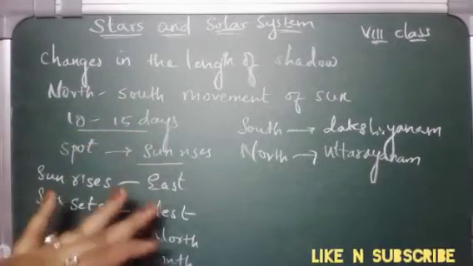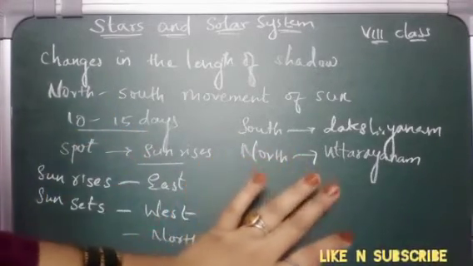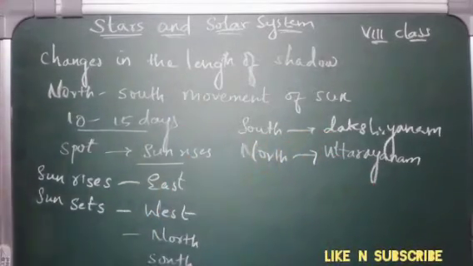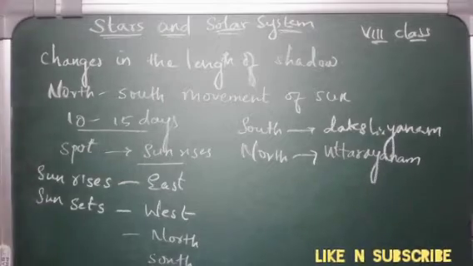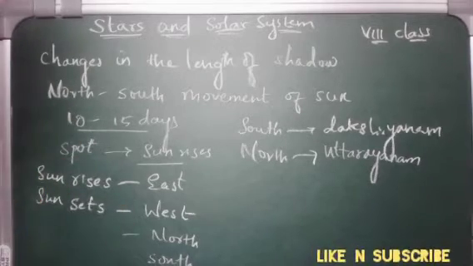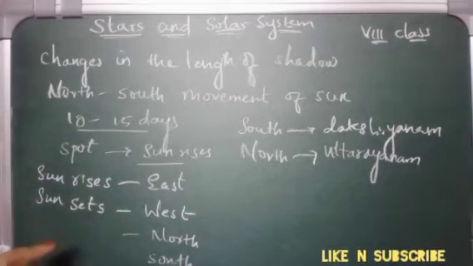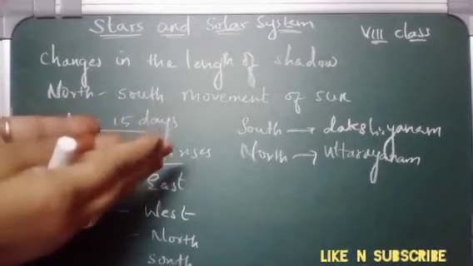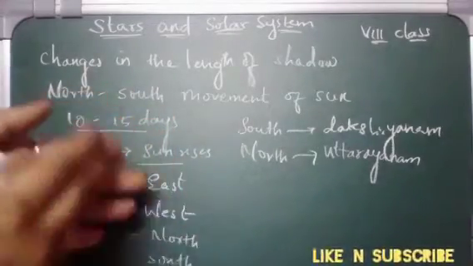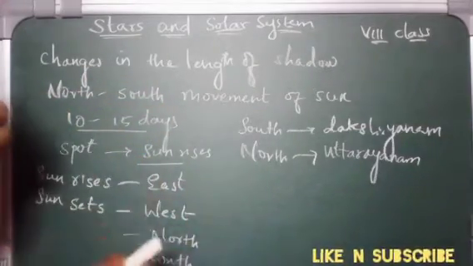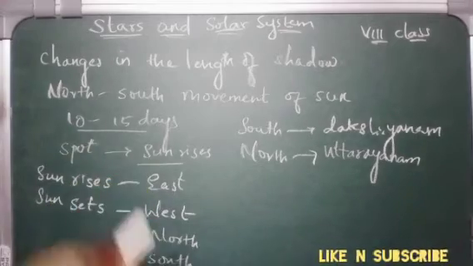Yes. If it is moving towards the north side, we have said that it is Uttarayanam. And when it is moving towards the south side, we are saying that it is Dakshayanam. So, do you think that is the reason for the change in the length of the shadow of the stick day by day in the activity which we conducted yesterday in activity 1? Yes, because the travelling of the sun changes towards the south and north, that is why the length of the shadow also changes.